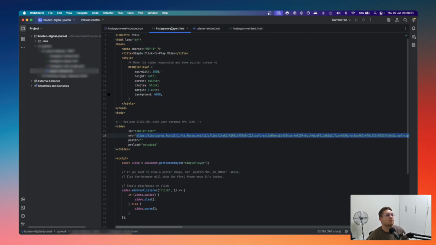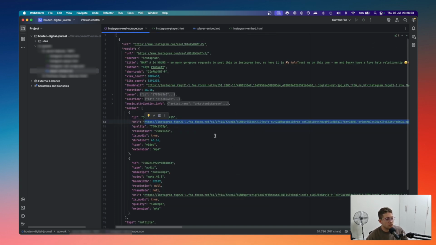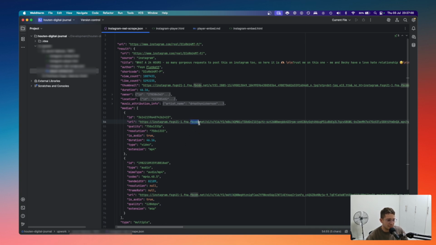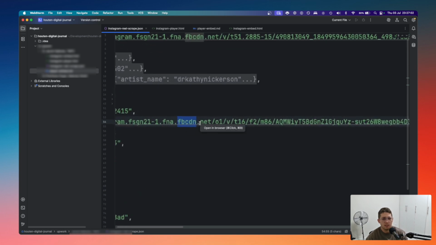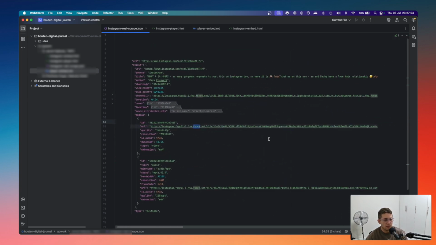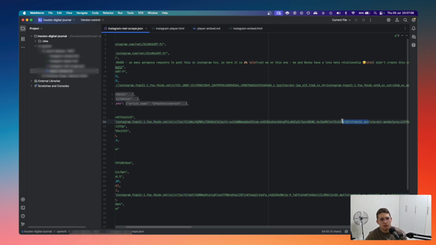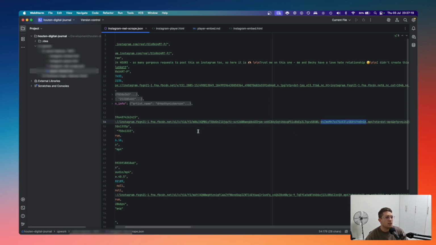But anyways, yeah, this is the result of the scrape. You get the whole URL here, the video. So this is on Facebook CDN. I don't know if you can see that. There's Facebook CDN. CDN stands for Content Delivery Network. It's basically servers all around the world that are really close to you, and their sole purpose is to deliver static content like MP4s, audio files, JavaScript, all that kind of stuff. That's really what they do.